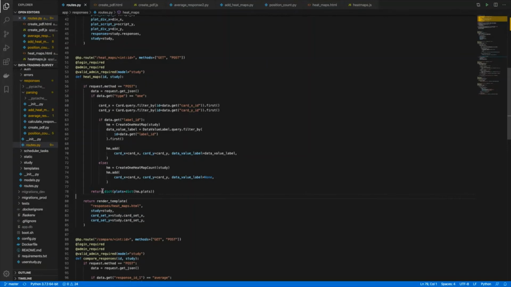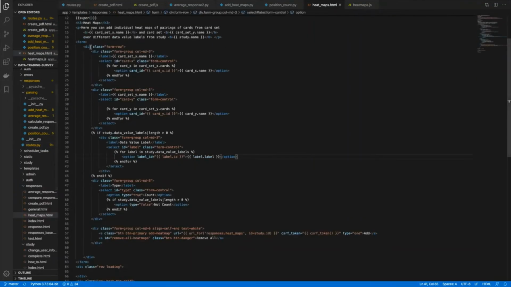Instead, the form is created purely in the HTML in here. Here's the form. And the Jinja syntax is adding the options for the form, for the select elements in the form, based upon the objects provided in the render template arguments.